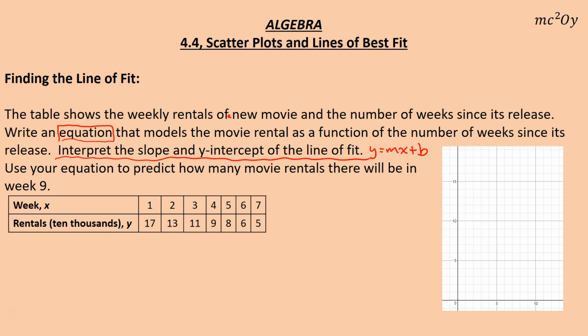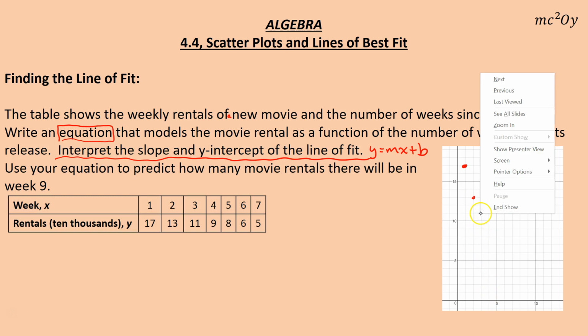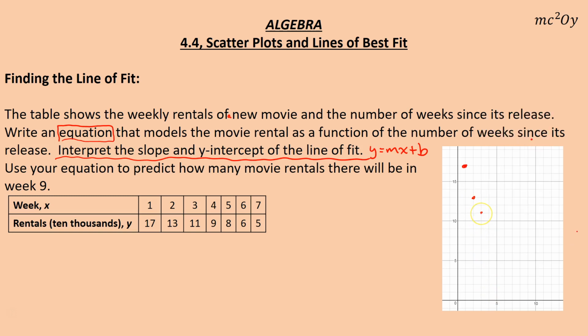So one thing I could do is plot all these points. I can go 1 and 17, so I'm right there. Okay, so there we got it. And I can go 2, 13. And 3, 11. 4, 9. 5, 8. 6,